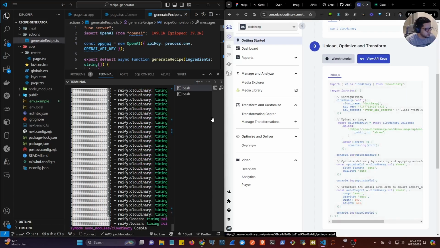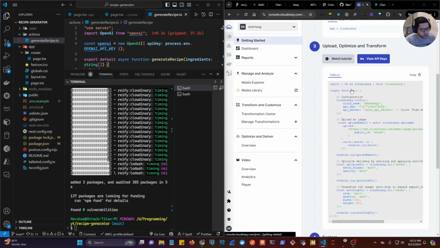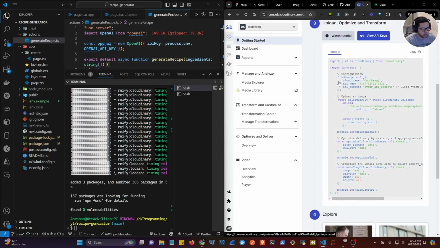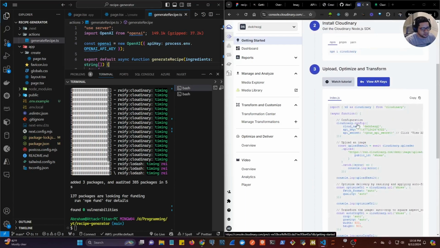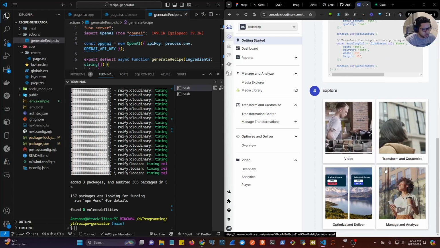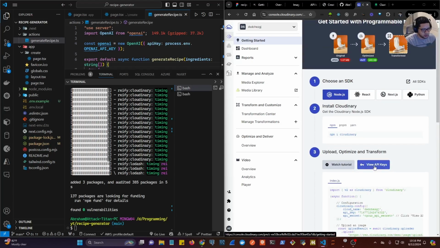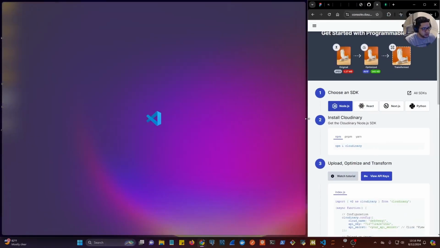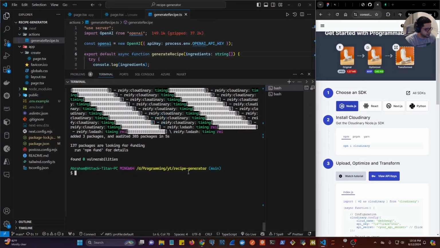here. And we're going to see an example on how to set it up, but we're going to do it together. We're going to configure that, and we're going to use this function in order to upload the image. So in here, you can click on View API Keys, and if you click here, it's going to give you your information here for your API key, your secret key, and your environment variable here. So you need to copy all of these values, and we need to store that in the